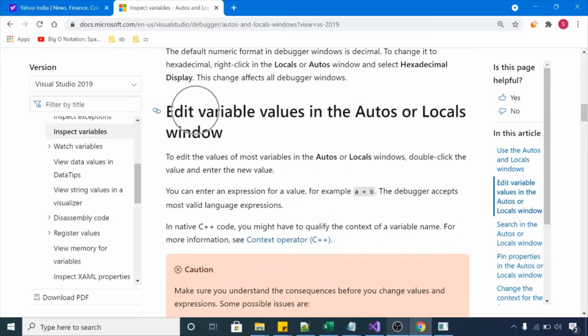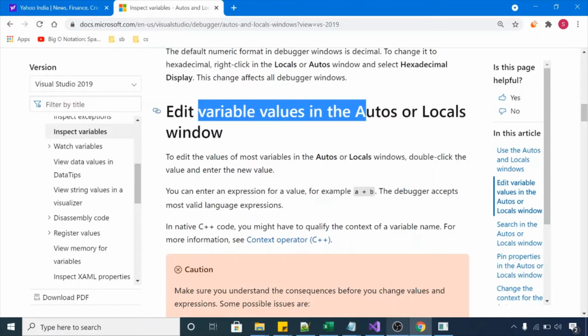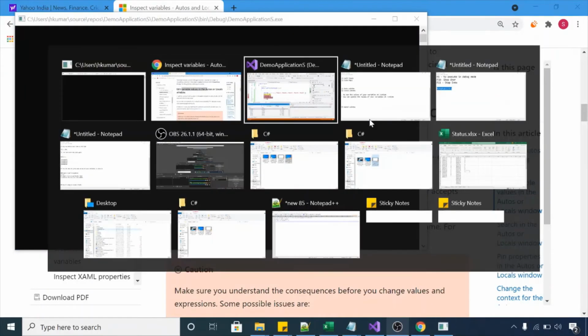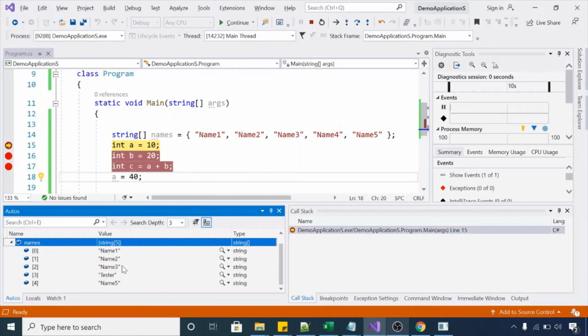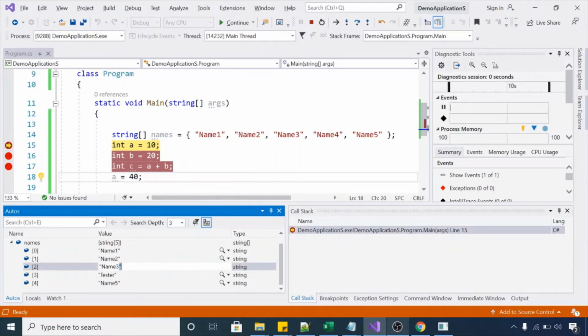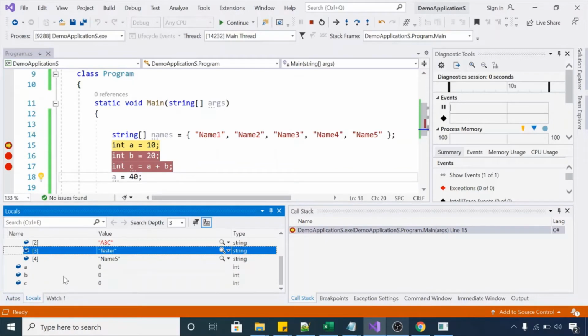And it's saying we can add the variable values in the auto or local window that we already see. We can modify the values here after double clicking on this area. And if you are having string value, you need to type in double quotes. Okay, I can type it to ABC, anything. Okay, so you can update the values here, and similarly you can perform the same process in local window. Now difference between auto and local is, in the auto you will get only those variables which are related to this command only, current command only in the debugging. Okay, and the previous command.